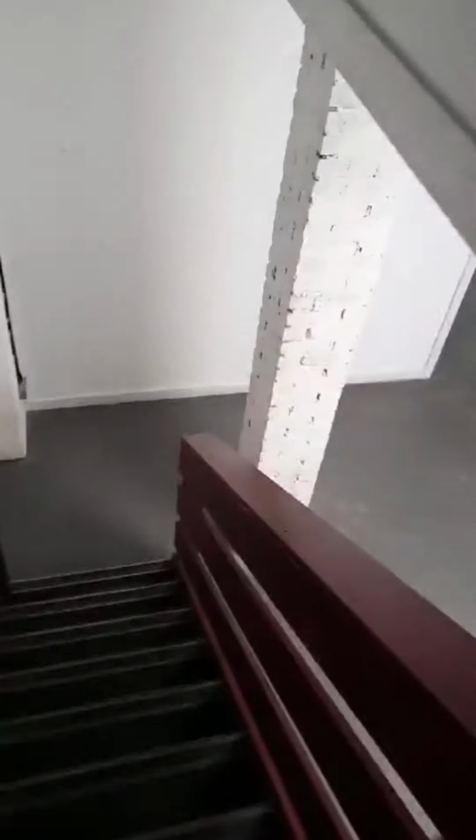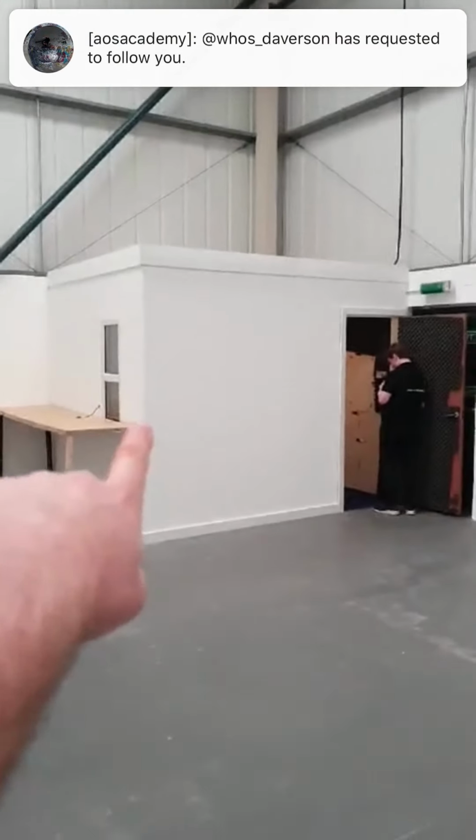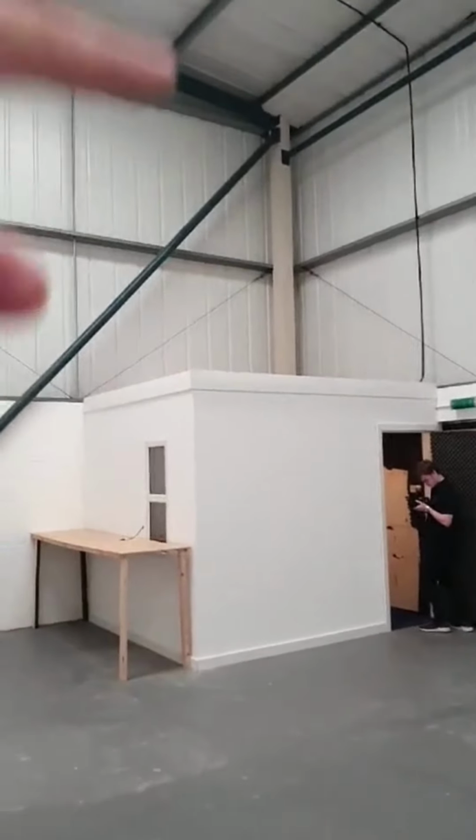Now, let me get down to the good bit. So, this room that we've got here at the minute, that's going to go. So this is going to extend right the way along here to the end. And that's basically going to be our rack build lab. So that's going to be there. And then basically on the top of there, we're going to put another room up to the ceiling, right the way along there. Now that room,